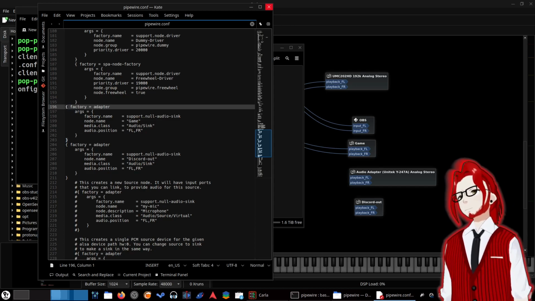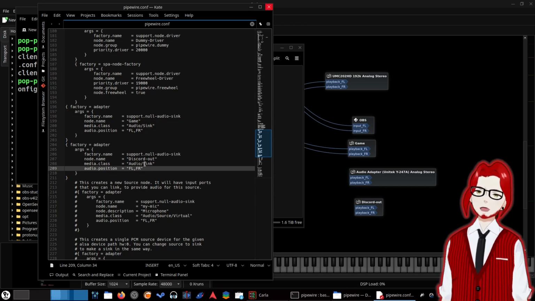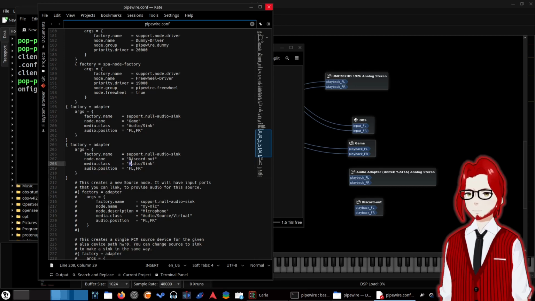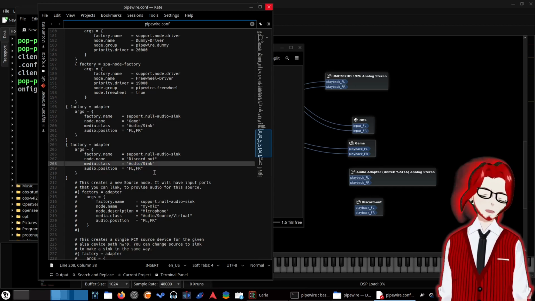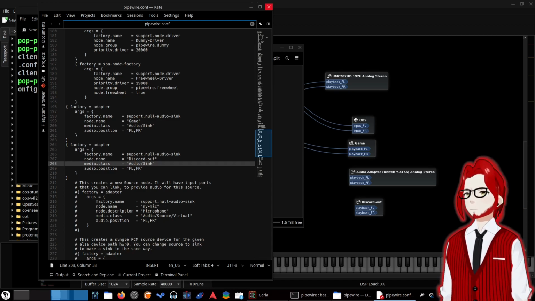It's not that simple. Now, if you want to make one of these be an audio output device, like a virtual microphone, you would change what this is, where it says audio/sync. You would change what that is. I forget what it's supposed to be. I was told what it was and I forgot, but that's all you do. You just change what it says. Instead of audio/sync, you change it to something else, something that says like input or something, if I'm remembering right.